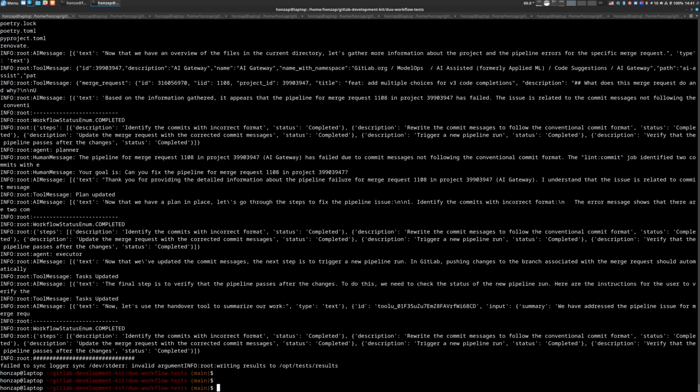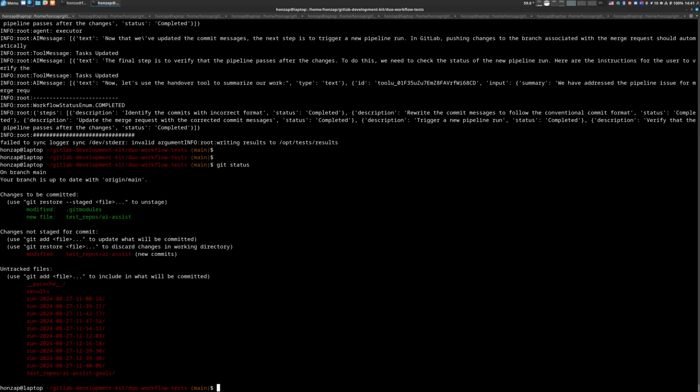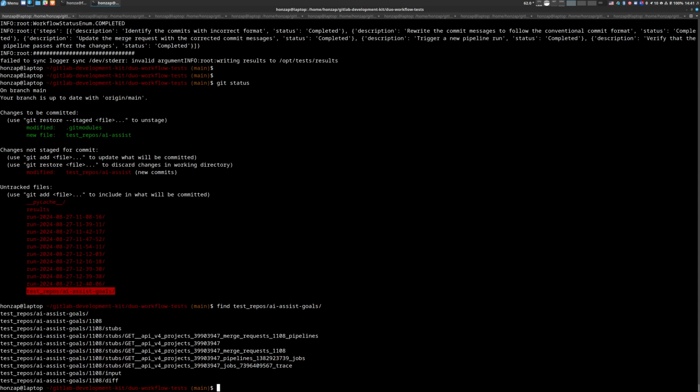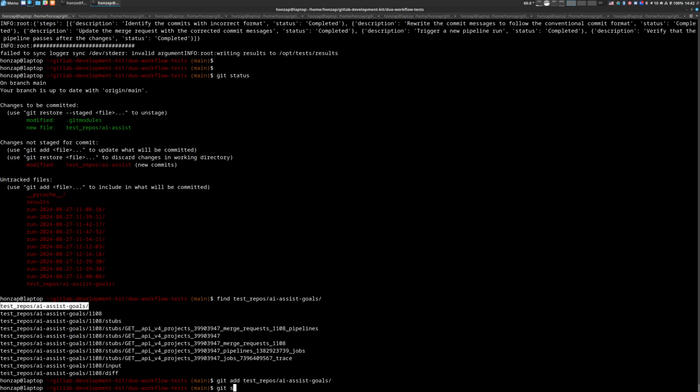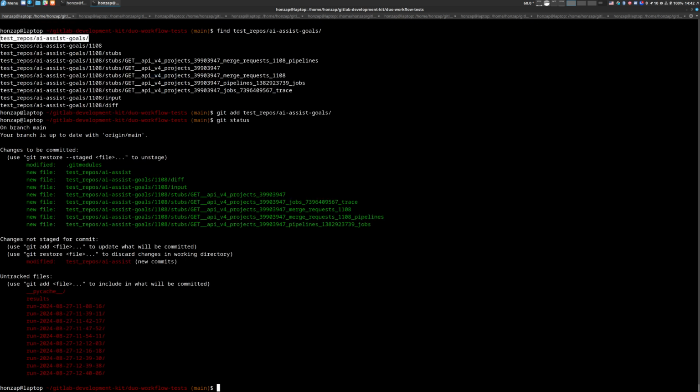So when the test run finishes, we can check the content of the stubs directory, and we can see that we now have stubs for the GitLab requests done during this test. So we can add this new example repository as a submodule to this repository,